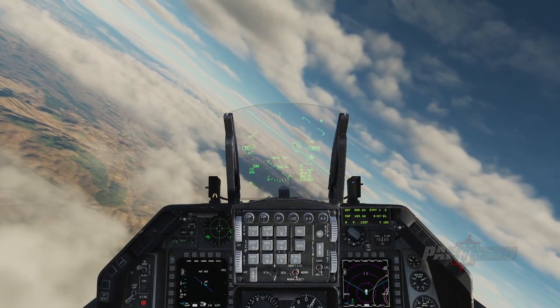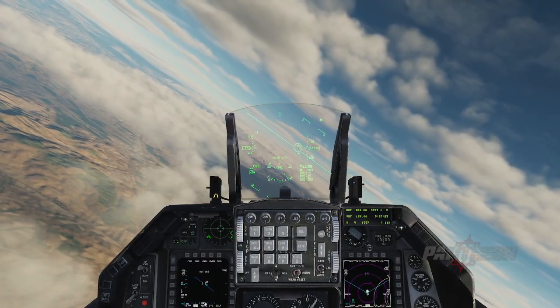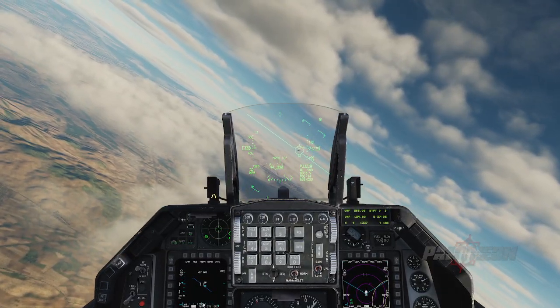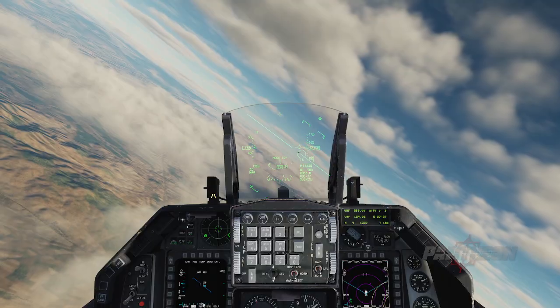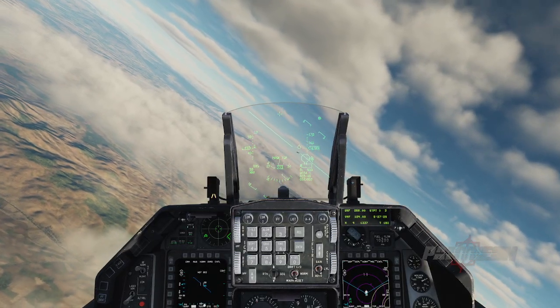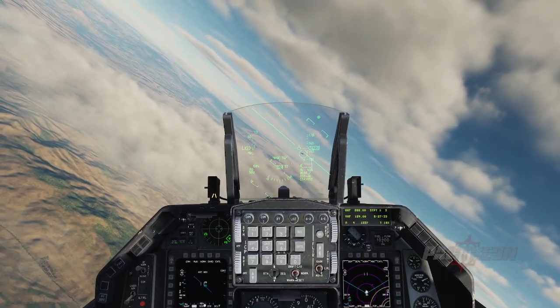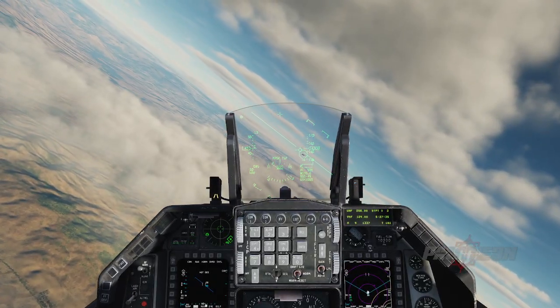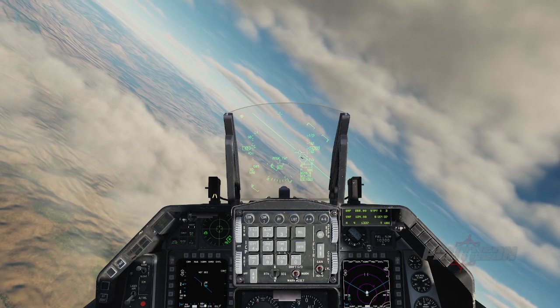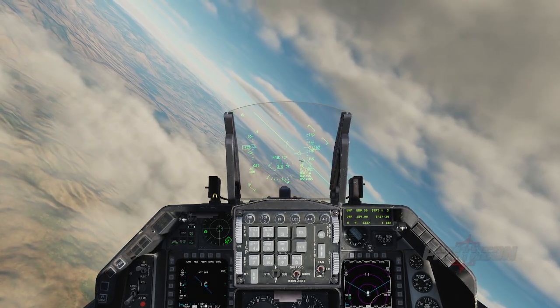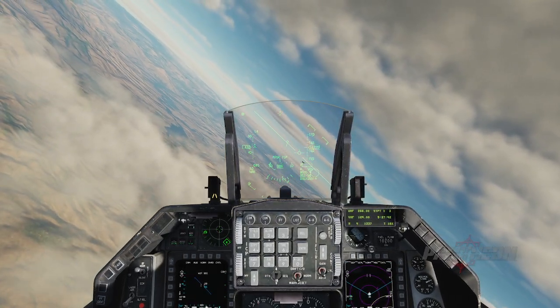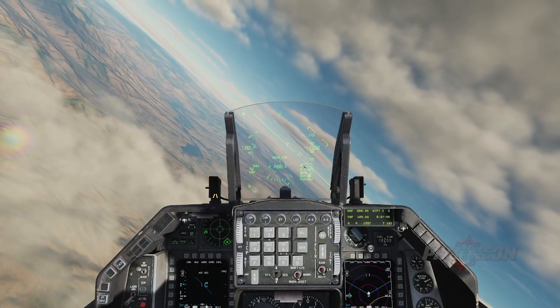So if you're really looking to cruise from point A to point B and you've got really nothing in the way of threats to worry about between there, the best goal for fuel conservation is to climb up to about 25,000 feet and adjust your engine power to be down to about 5,000 to 6,000 pounds per hour. Somewhere around Mach 0.6 to 0.7,